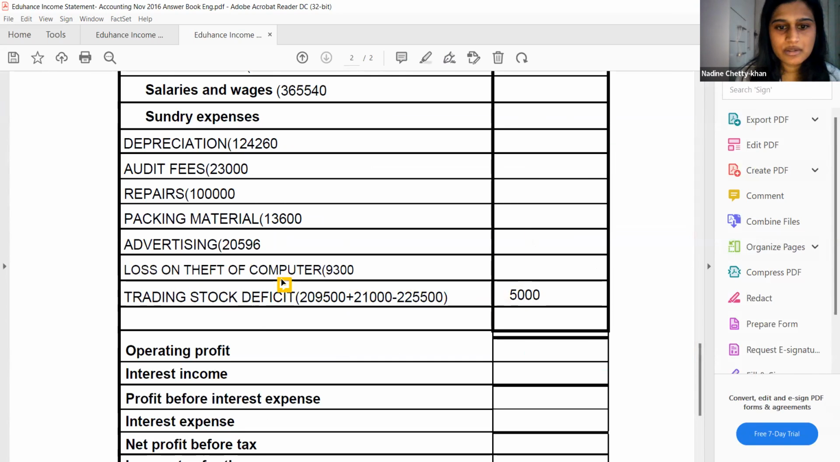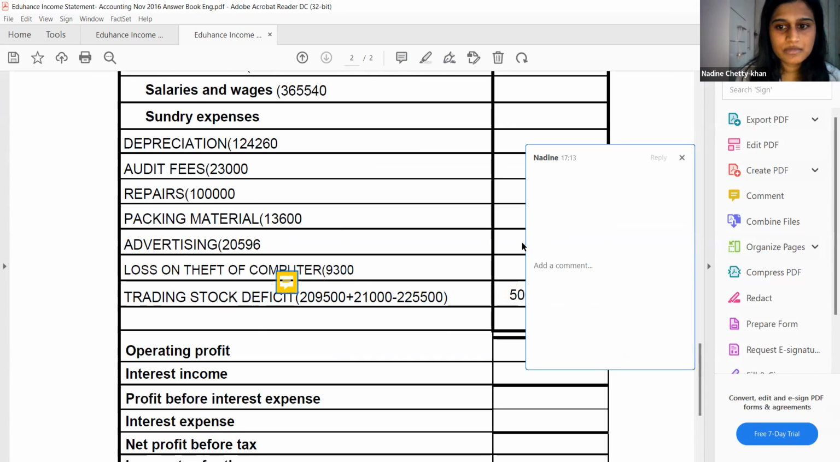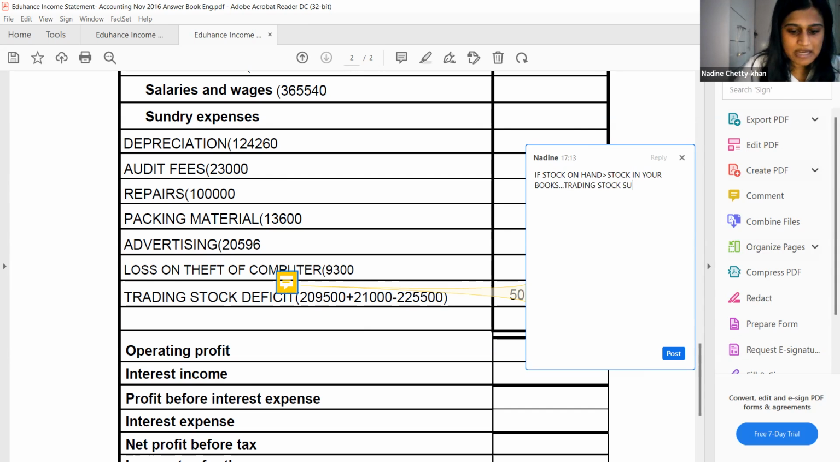Here's the rule. If you look on the right-hand side corner of the screen, if stock on hand is greater than stock in your books, then you're going to have a trading stock surplus, which will be basically an income in your income statement. If the stock on hand that's in your warehouse is less than what is in your books,